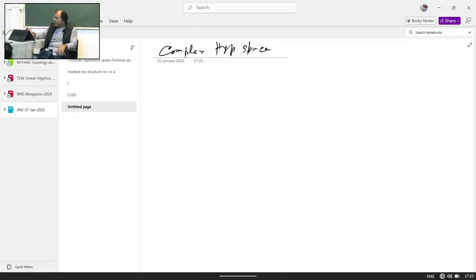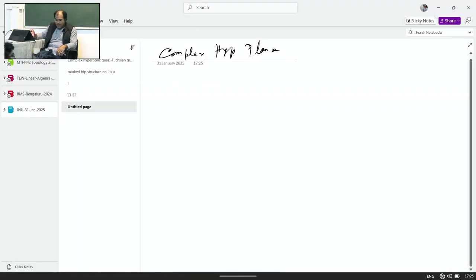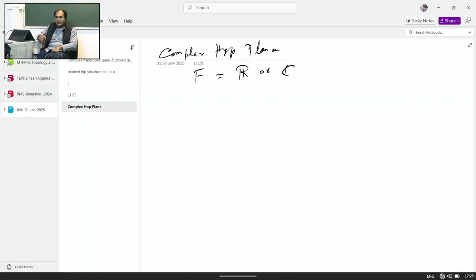This complex hyperbolic plane is the complex analog of the real hyperbolic plane. Let's take a field F, R or C, and take a three-dimensional vector space over F, and give this vector space this form: